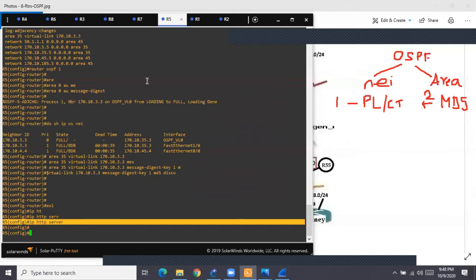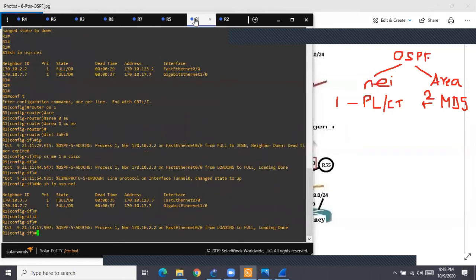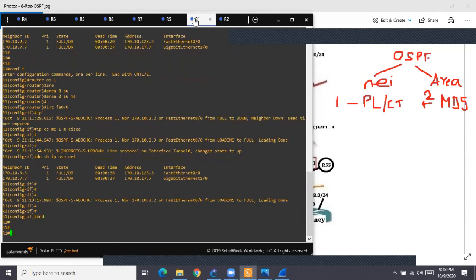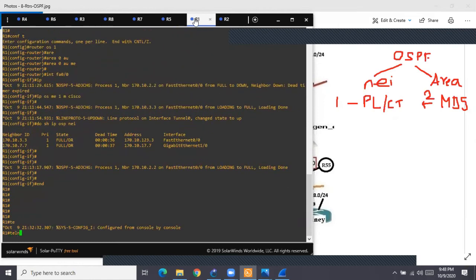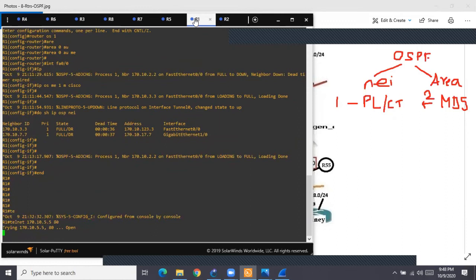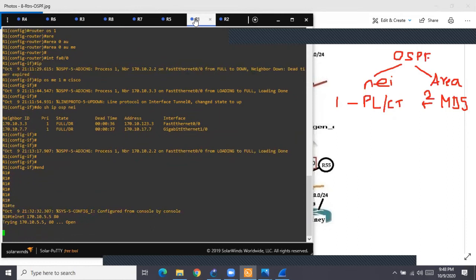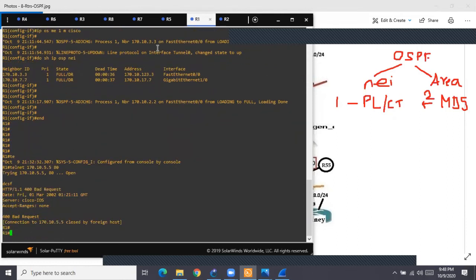Once I enable this, if I go to R1 now, and I do HTTP to R5, telnet 170.10.5.5 port 80. See, now people are all able to do HTTP to R5. R1 is able to do HTTP.